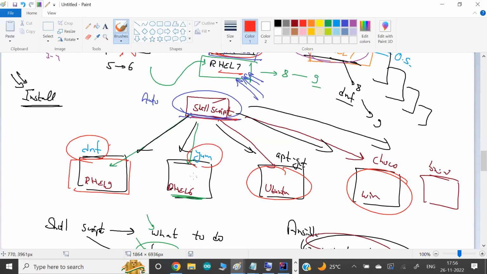But let's say you want to install software on Ubuntu. Your requirement is to install database software, web server software, or VLC player software. You know your requirement, which means you know what you want to achieve. But if you don't know how to do it, if you don't know the command, then the script will never work.